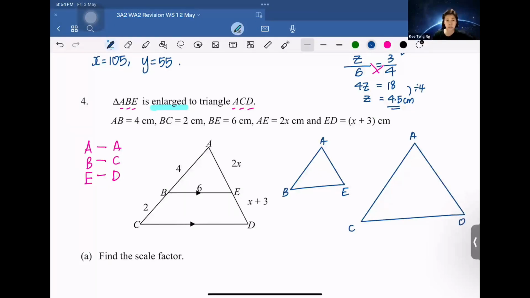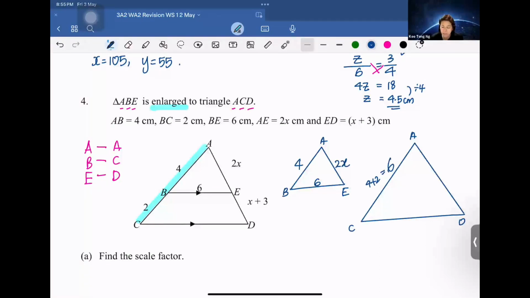So I put the matching pairs. Sometimes the question may rotate the orientation of the triangle, so you probably need to draw a small one and a big one, and then change the direction to match the different sides. So for me, I'll fill in my measurements for my small triangle. This is 4 cm, 6 cm, and 2x. Then for my bigger triangle, I will have this whole portion over here. This one will be 4 plus 2, 4 plus 2,